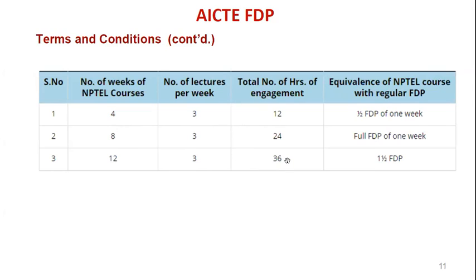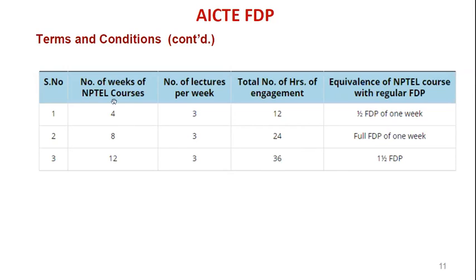In NAC, in criterion one, whenever you are offering a certification course or add-on certificate, the minimum duration as per the standard operating procedures by NAC is 30 hours. So if you choose a 12 weeks course, it is equivalent to 36 hours of engagement. You can choose the duration based on whether it is NBA related, NAC related, or API related. API related requires a minimum of 1 week duration.